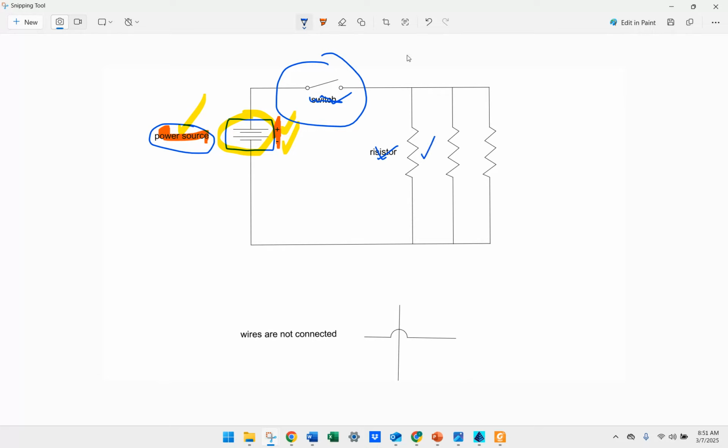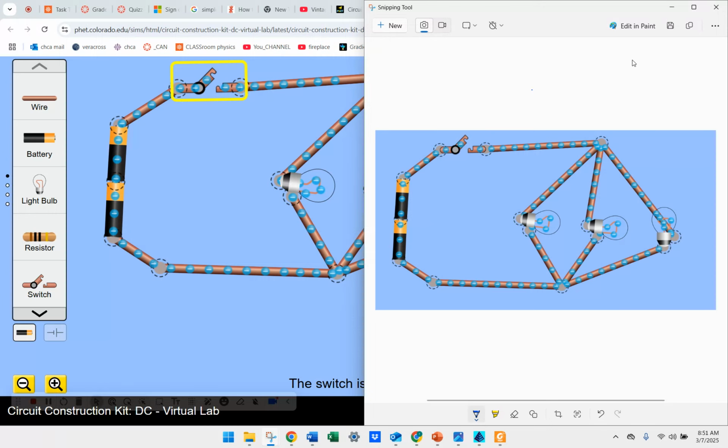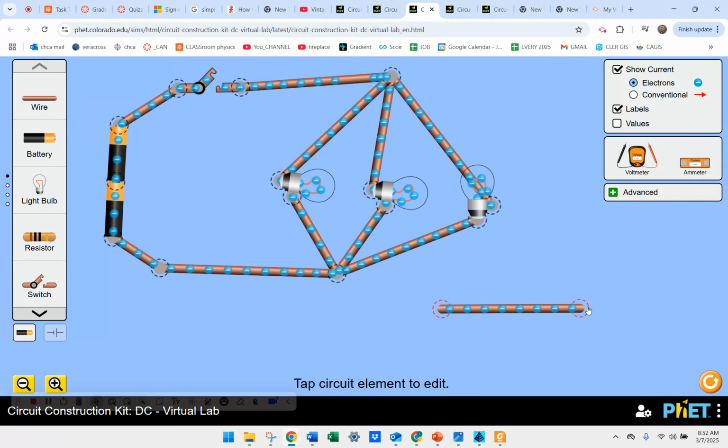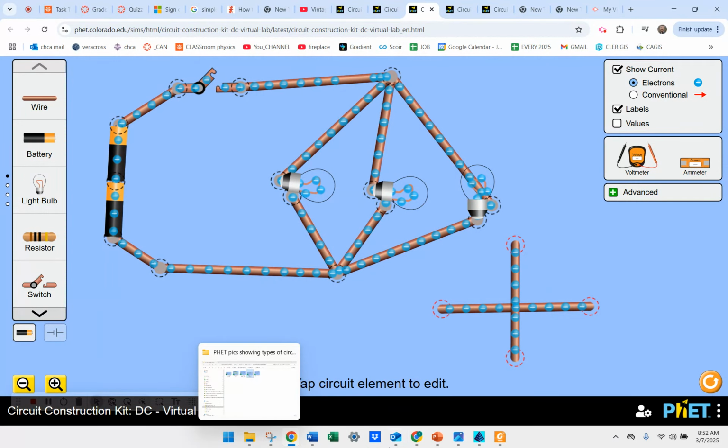One thing that's not on this one, but is worth knowing about, is these wires here. There's an implication that electrons can go here, or they can keep going this way. And these wires are all connected. We can see that down here. We can see these wires are connected. If we happen to have a situation where wires weren't connected and electricity couldn't travel from one to the other like this, electrons can't get from one wire to the other,